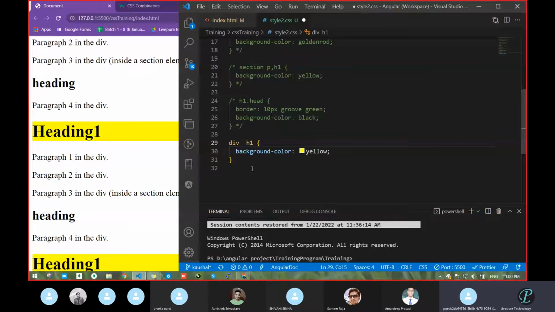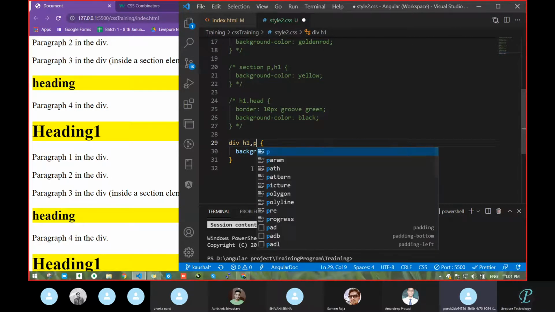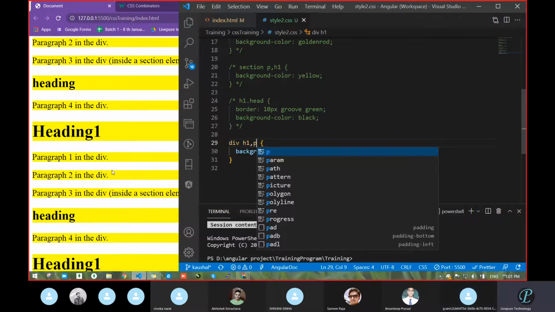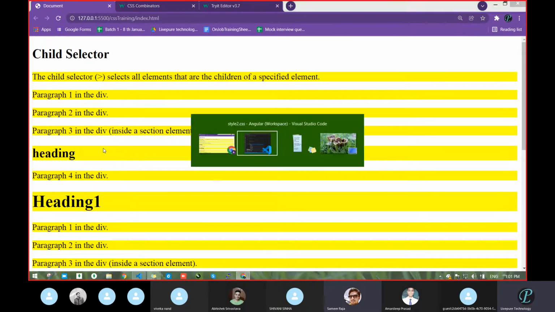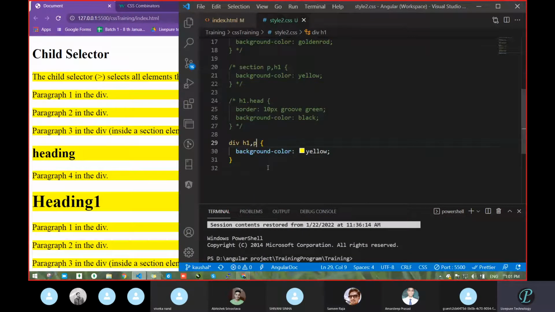Or suppose you have to write anything on a new line, you can go with a break, or you can use a block-level element. The same thing is here. Now tell me, if you want H1 and P, what will you do? We had gone with div. H1 will get affected. Now you can go with the P tag, and now P got affected, whatever P. So whatever we know will still work.